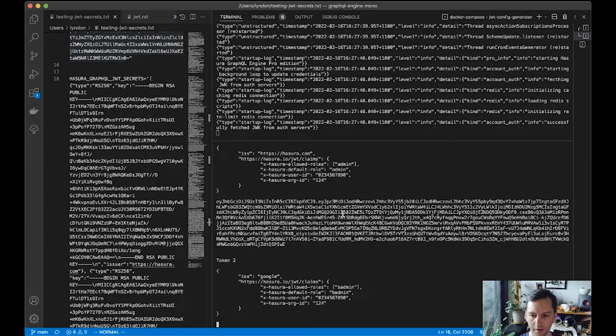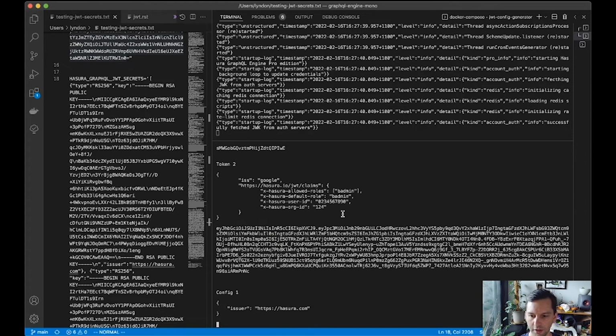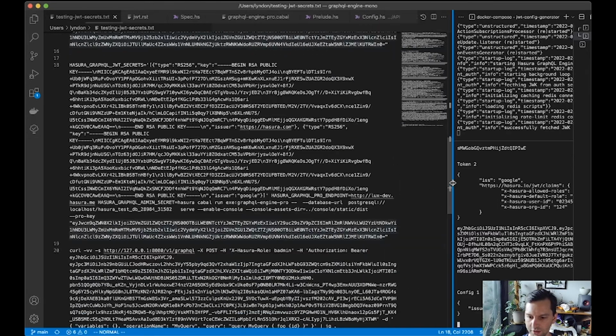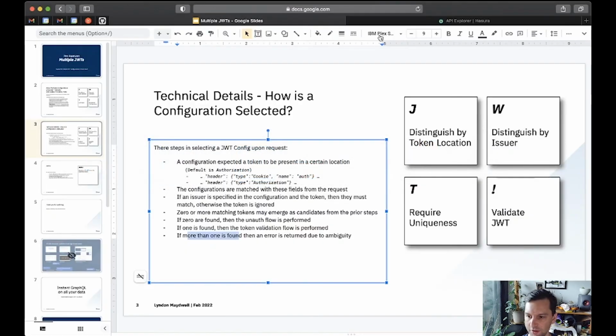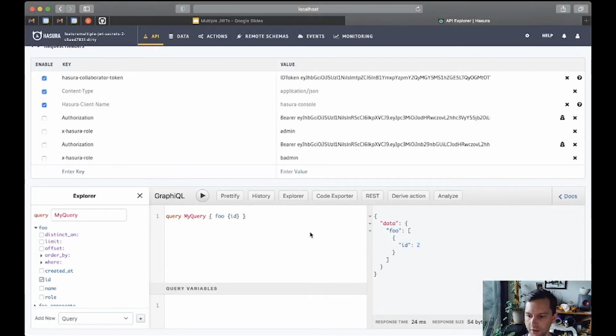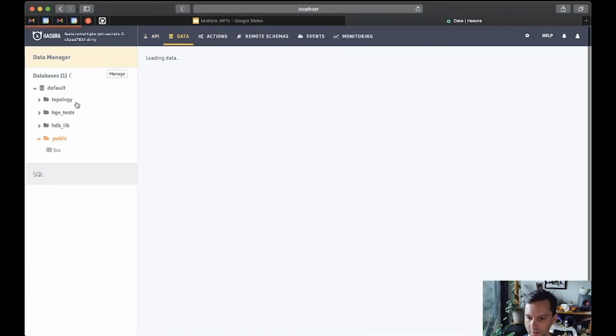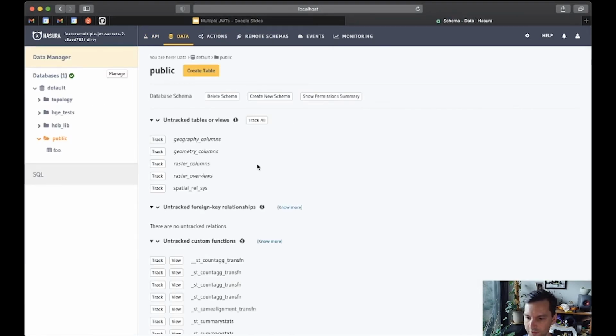So with that up and running, I could run some curl commands, but what I'll do is I'll jump over to the console that everyone will be familiar with. So I've got some data set up in a table, just with 2 little IDs. I'll show you the data now. So if you have a quick look